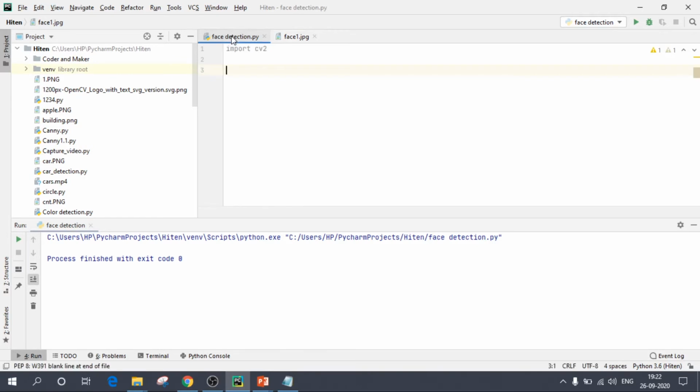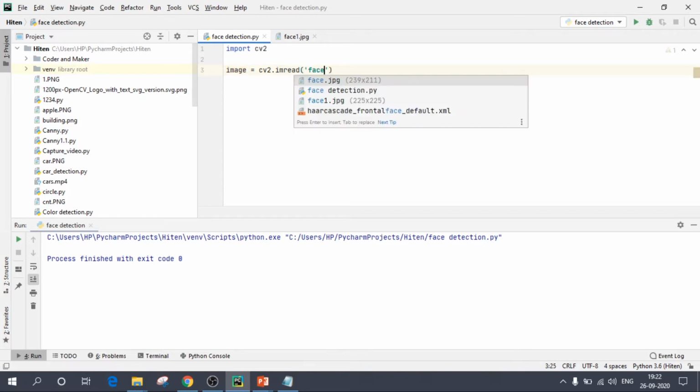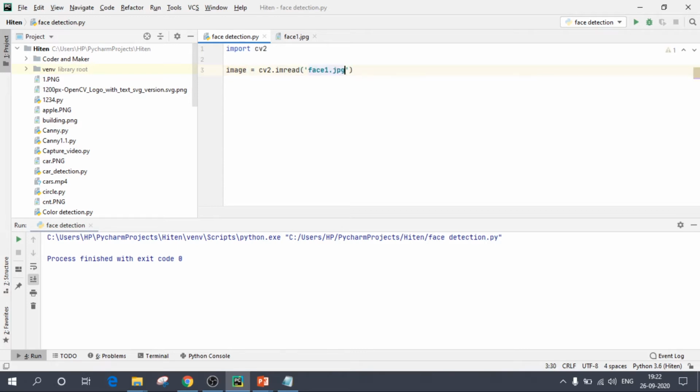To load an image, we'll create a variable named image equals cv2.imread and write the image name, which is face1.jpg. And to display an image, we'll write cv2.imshow.